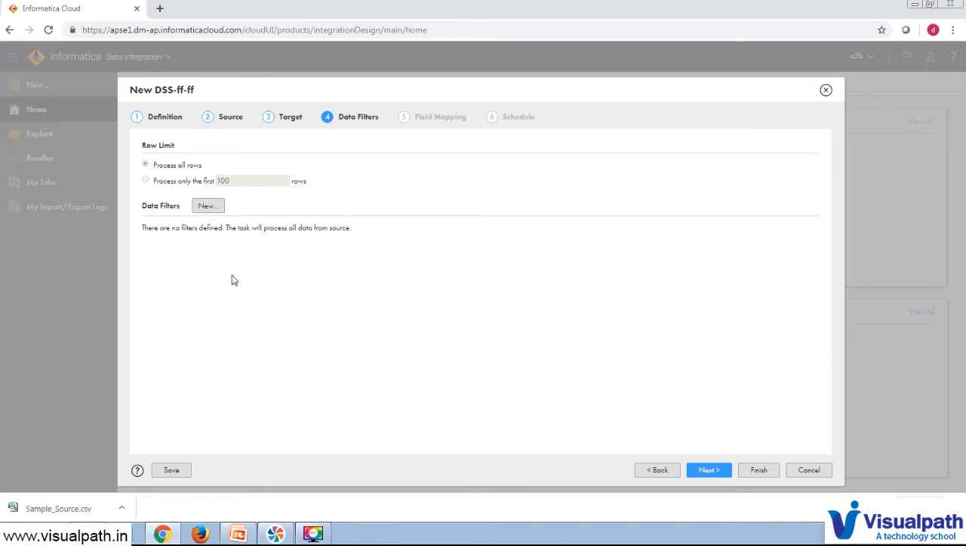Also, if you want to define any custom filter, like only employee ID 1 if you want to load it, you can give the filter over here. As of now, we will just load all the records from source to target, and then we will implement the data filter. Okay,